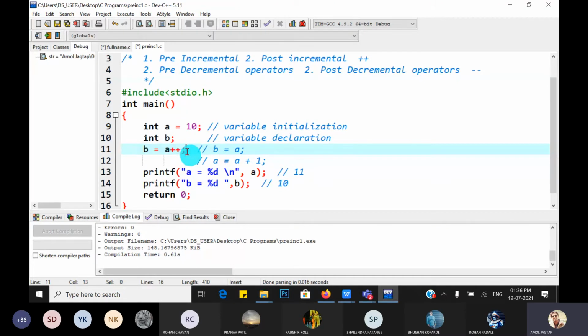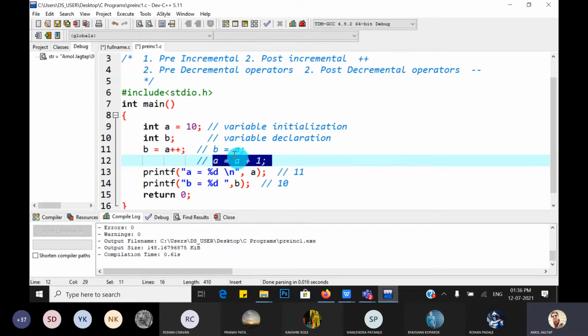So the preprocessor expands it by using some grammar that is already written. A++ means post increment. That means first we have to assign the value of A to B, that is this statement, and then A++ means increment A, but afterwards.